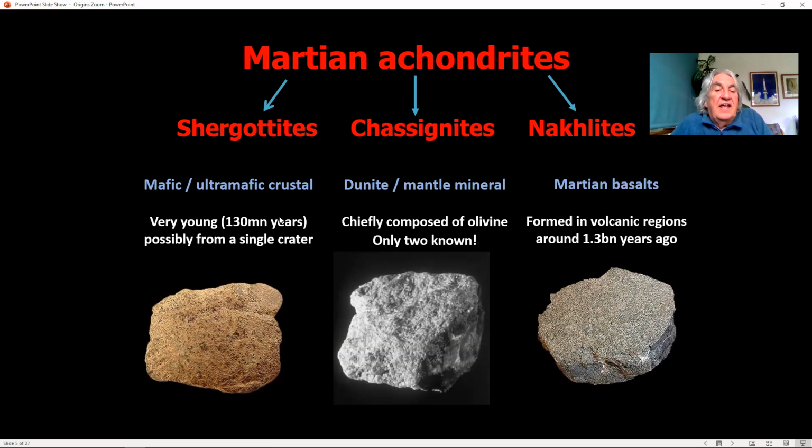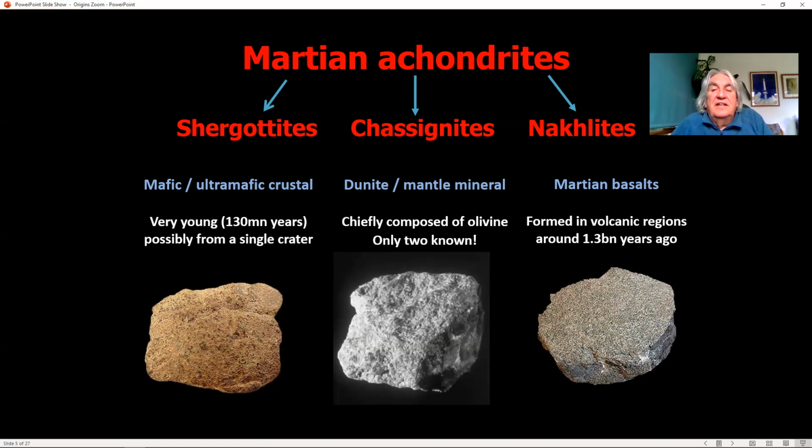Shergottites, again, may well have come from a single crater, because they're all the same age, roughly 130 million years old. And they're crustal, in other words, from the surface of Mars, or just below the surface of Mars. And the last group, the Nakhlites, interesting story about that. Shergotty, by the way, is in India. Nakhla is in Egypt, and Nakhlites,